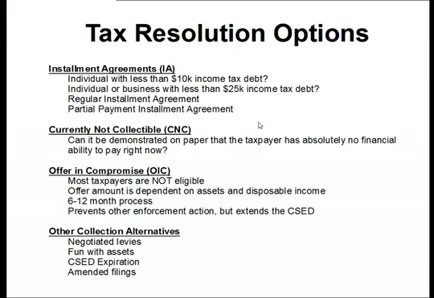As a salesperson, if you're selling tax preparation, and the person knows that there's going to be a liability owed, then you may want to bring up some of these options. The installment agreement is probably going to be the most common one, but you should be able to talk intelligently to a tax preparation customer.